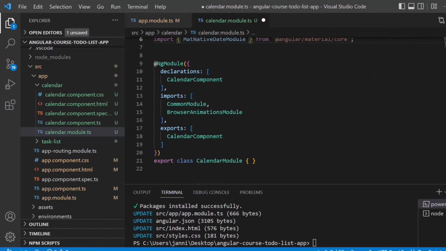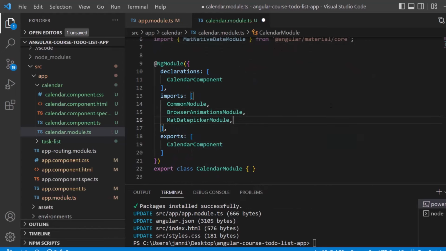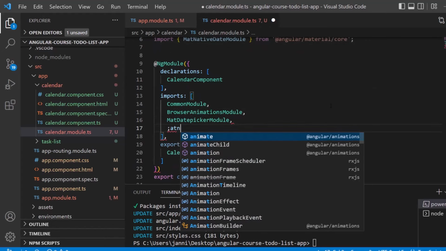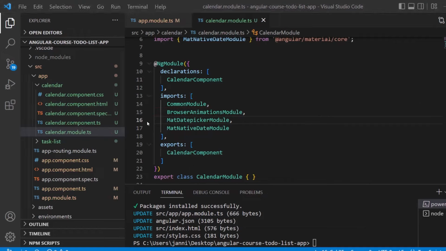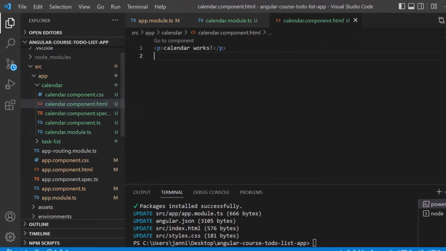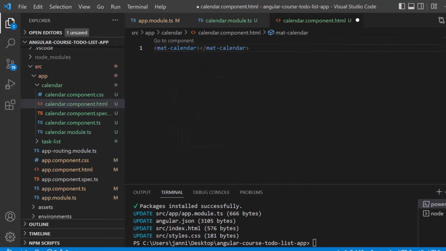So let's go ahead, scroll down and define it here. MatDatepickerModule and MatNativeDateModule. There we go. So MatDatepickerModule, MatNativeDateModule. Great, so it's time to bring that in action. Let's open up the calendar component HTML. And because we just imported so many new things, we can for sure use the mat-calendar HTML tag